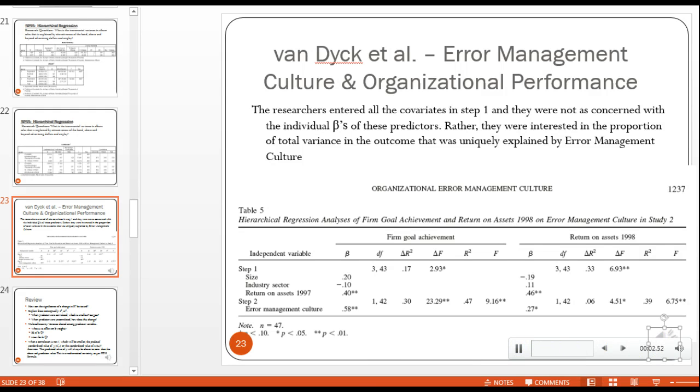The Van Dyck et al. article on Blackboard provides a nice example for how to illustrate your results in an organized form for consumption by readers. So when you're submitting to a journal, how do you want to display the results of your hierarchical analysis? I wanted to give you an illustration of how this has been done in one of the top journals, so that you could emulate this example and plug in your own data when you are writing up